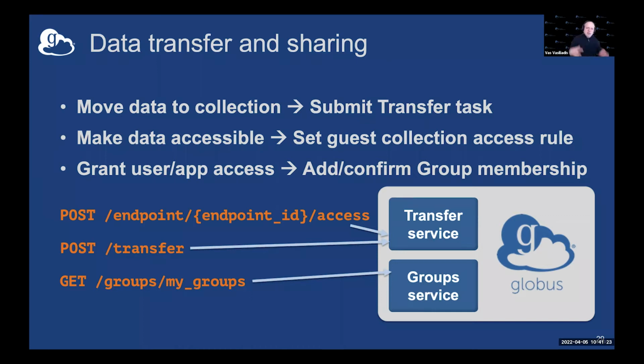And typically those access controls are enforced on groups of people, because you most often will have many users, and you want to structure them in some way such that you're not dealing with permissions on a user by user basis. So having access to this group service, and then this fine-grained access control through the Globus guest collections, those two things sort of complement each other